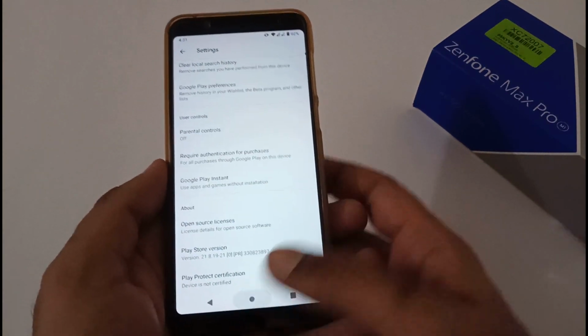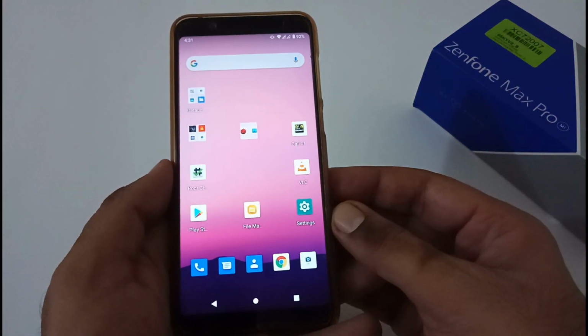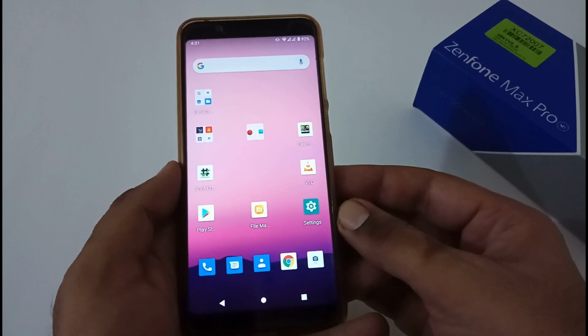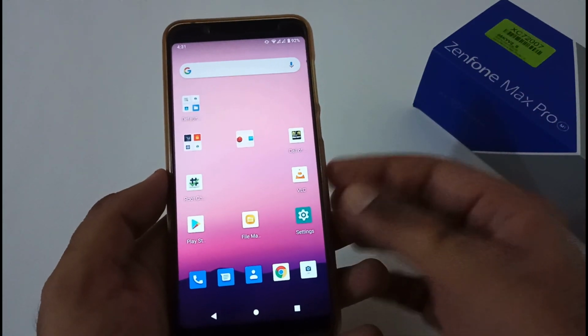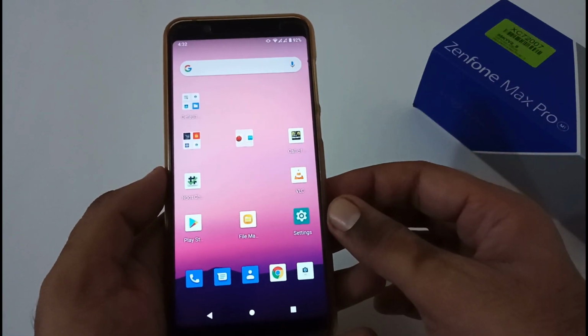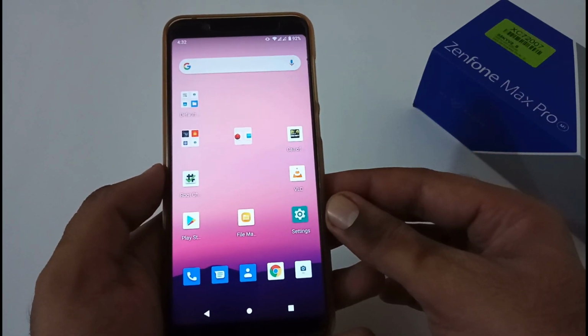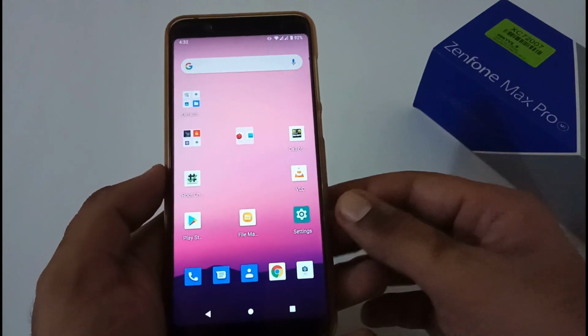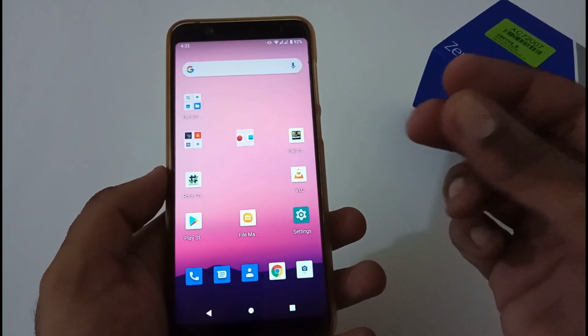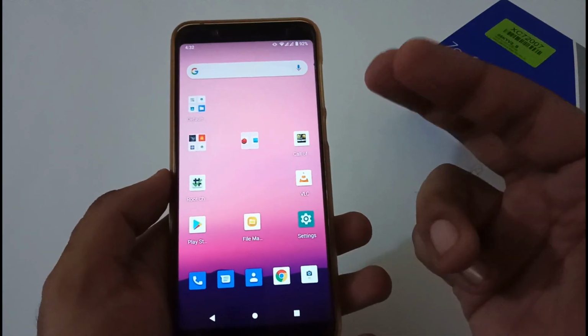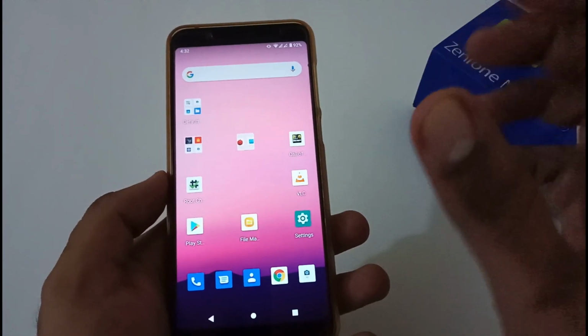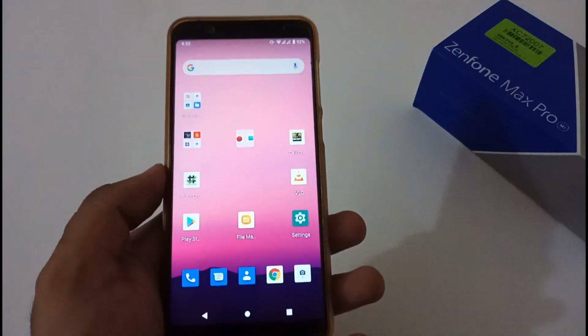So after Play Protection certification, now let's focus on what firmware version is needed for this particular ROM. I've already discussed in the earlier video that, as per the developer, it should be the latest available firmware version. On my side, I'm using Android Pie 087. If you use 082 or 084, you will see some significant changes, maybe some bugs or issues. But I really recommend using 087.